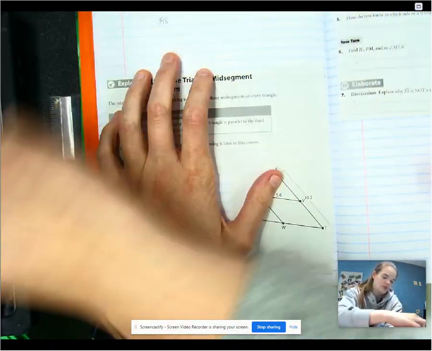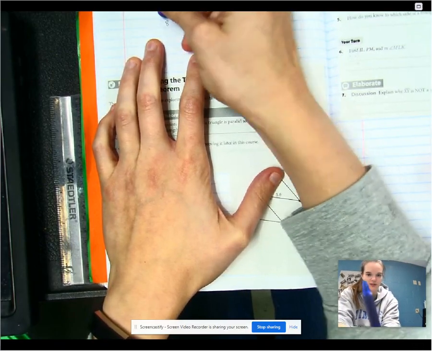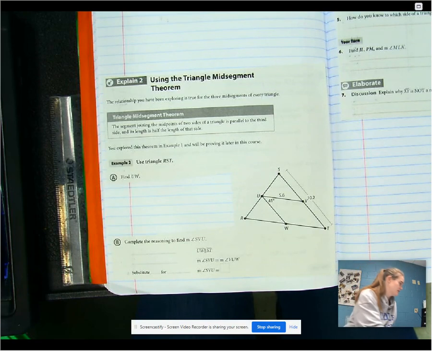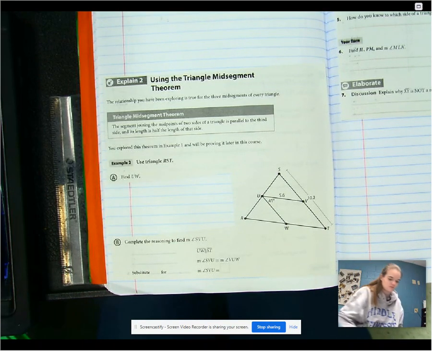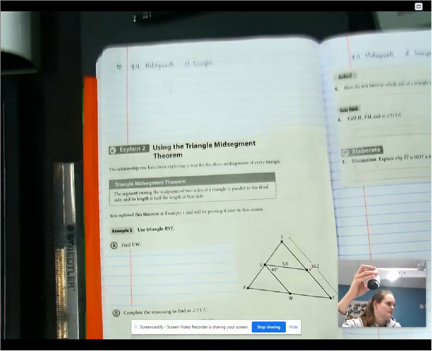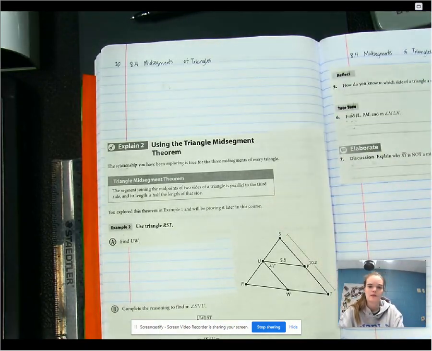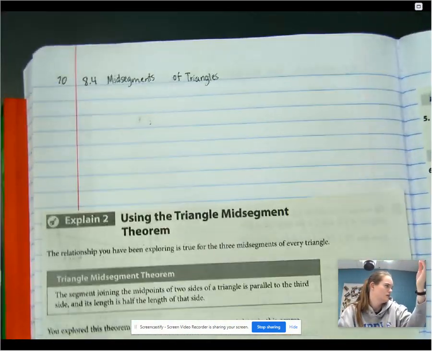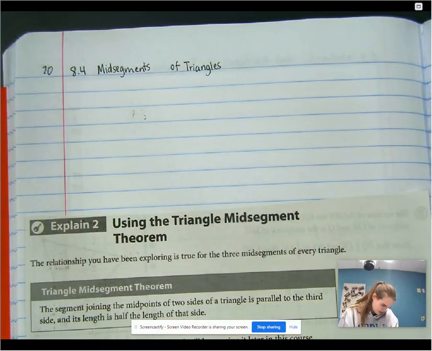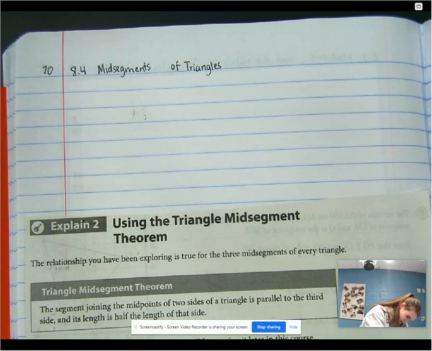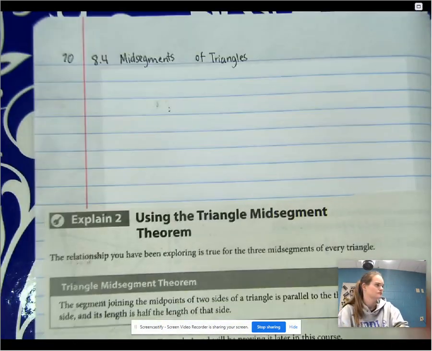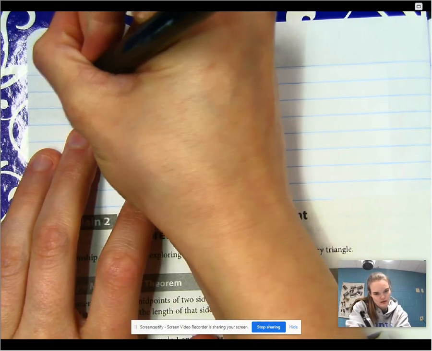Okay, I'm going to erase this, and we're going to get started talking about what a midsegment is. You can draw over the rest of that page. You don't need anything. All right, the midsegment. Put something underneath this. It's kind of hard to write on. The midsegment